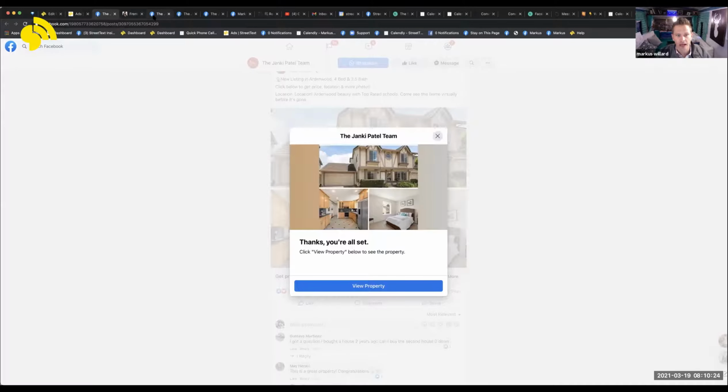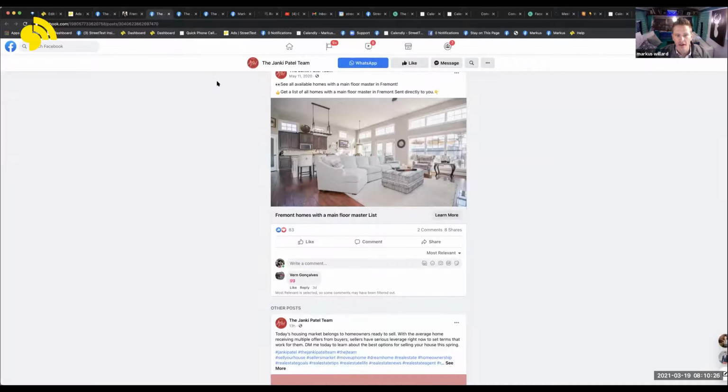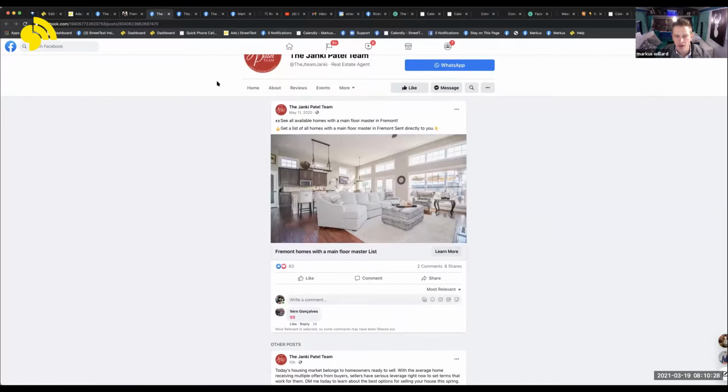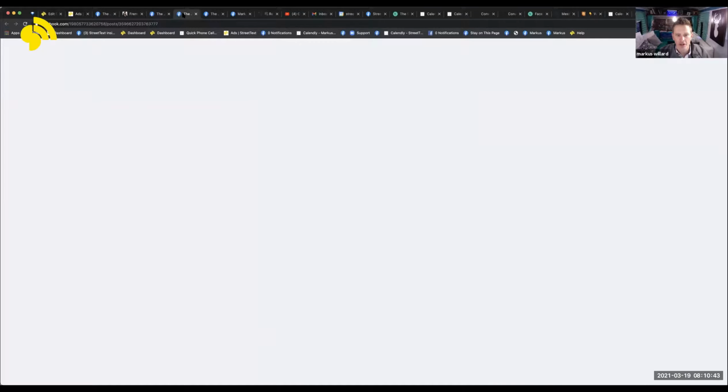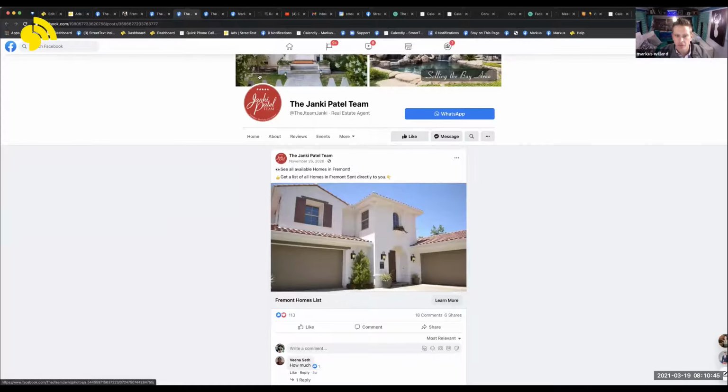Okay, what else? Here is another great call to action. She's done very, very well with these types. See available homes with the main floor master in Fremont. So the key with the lead ad, by the way, is that when you submit your information, it's going to redirect you to that IDX or Matrix link or to that actual listing itself. So whatever you're using, see all available homes in Fremont, get a list of homes in Fremont sent directly to you. You want that call to action to be massive so that there's going to be almost an overwhelming list